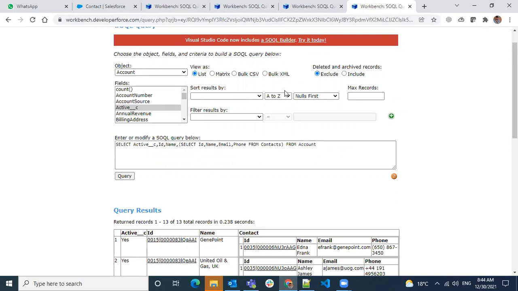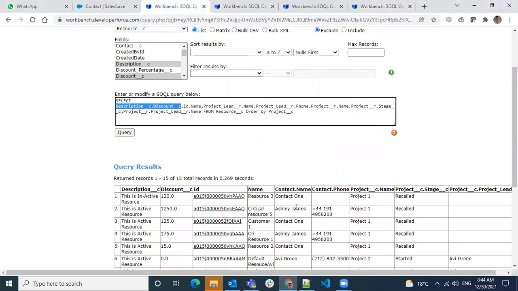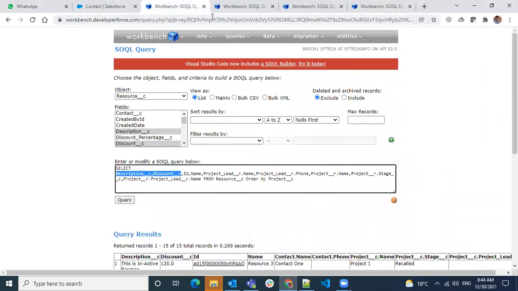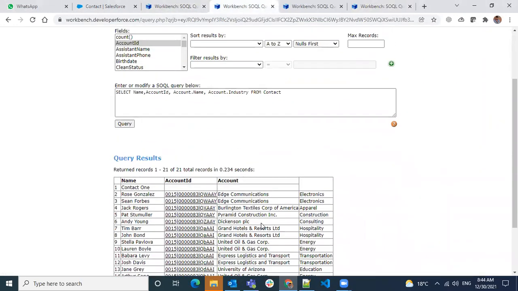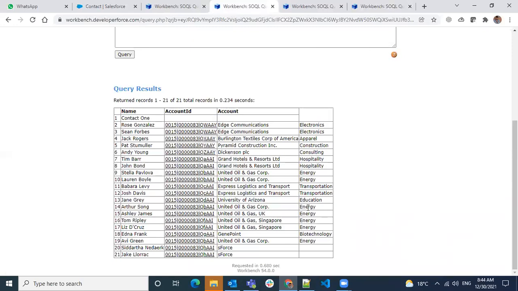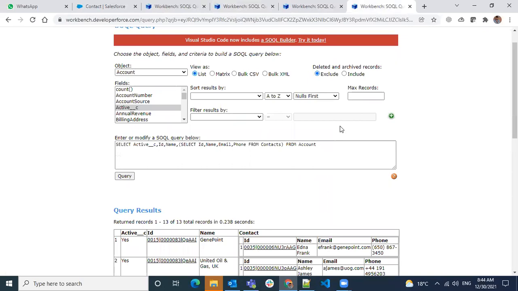Now the second part was what is the return type of these queries. I'm writing the query and showing you on the workbench, so it is displaying without any return type having to be mentioned, so you don't have any problem here. But while writing the code in Apex, what would be the return data type? Can someone guess? If this is a query, what should be the return type of this query?